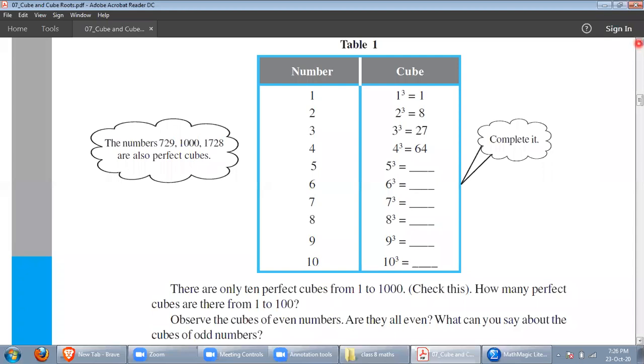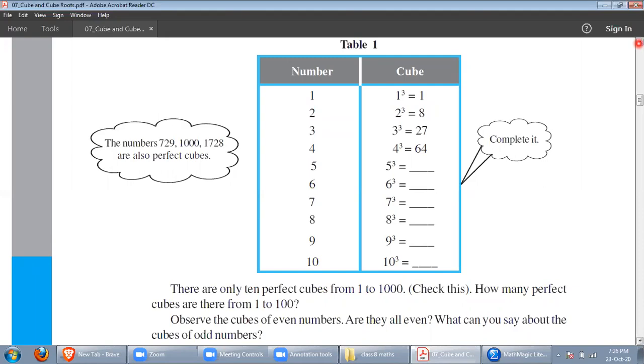I repeat again, like 5 cubed equals 125. I said the product of two odd numbers is an odd number. Now 5 5s are 25. It is clear, yes, 5 and 5 are odd numbers, so 25 will be an odd number. Now this 25, which is the product of the first and the second number, is an odd number, and the third number, that is 5 again, is an odd number. So 25 into 5 is again the product of two odd numbers, so it will be again an odd number, 125. Is it clear?